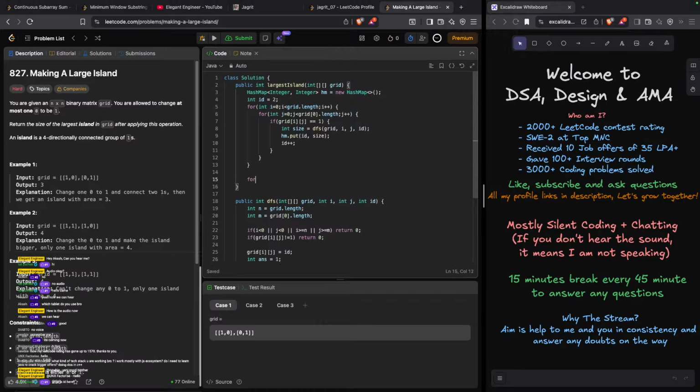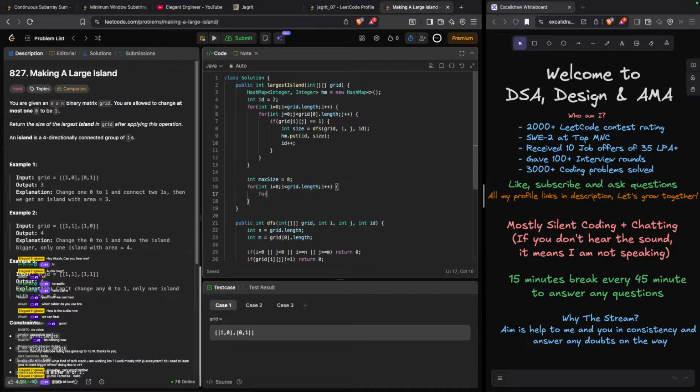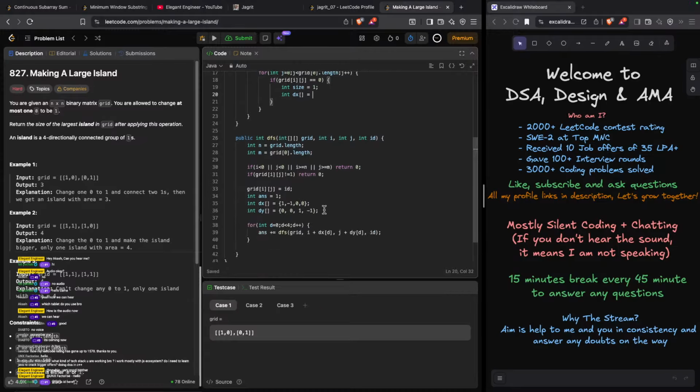Right, and then you can say int max size is equal to 0, and the size is equal to grid.length. So this you are making 1, right? So int size is equal to 1. So the same 4 directions, right? int dx is